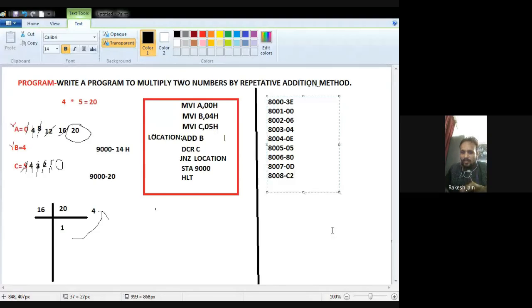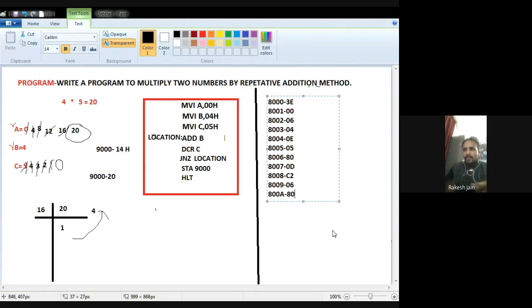Now at the next memory location, I have to write down the address, because it is a LOCATION, it is an address. So what is the LOCATION? I previously found that location is that address where I wrote down the 8B hex code. It means location is 8006. So after the jump not 0 hex code C2, I have to write down 8006. So how can we write 8006? First the LSB 06 will come, then at the next memory location, that will be after 8009, it will automatically be 800A.